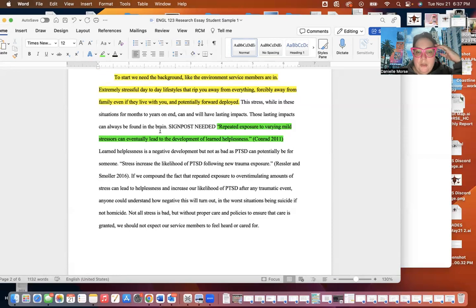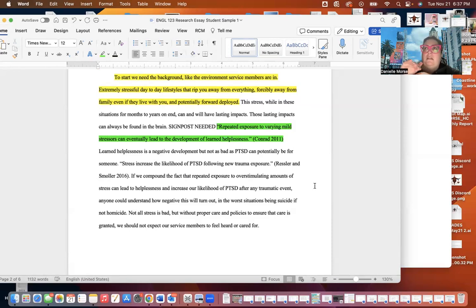Repeated exposure to varying mild stressors can eventually lead to the development of learned helplessness. Now, yes, there's a quotation there. There's integrated evidence, but let's think about the... I'm laughing because I said I was going to do this and now I'm doing something completely different, and I apologize for that. But very quickly,